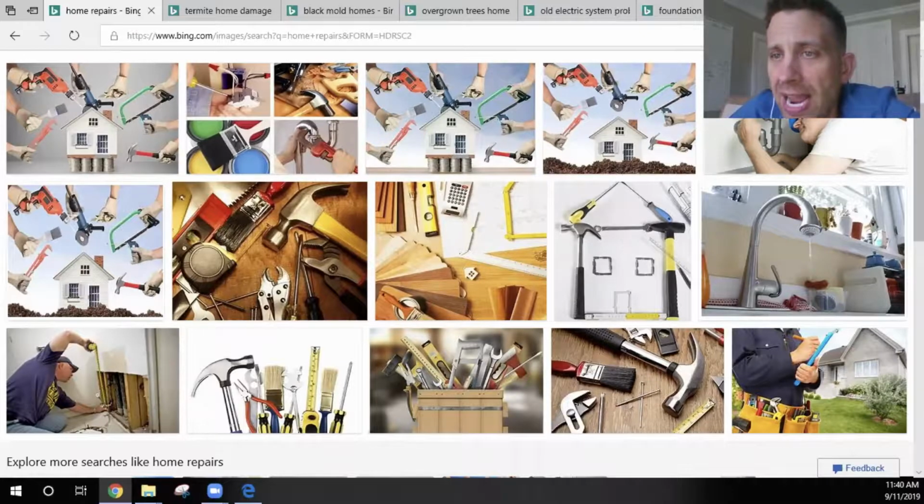This is something we also look for when we buy houses. These are some major things that can sneak up on you, especially when you're fixing up a property or when you're going to keep the property long term. These can cause major, significant damage to your property, which in turn means major money, right? Big capital expenditures cause depreciation of your bank account, and we don't want that to happen. Or if you haven't bought or sold a property in a long time, you just need to make sure that your house isn't at risk, or if you're buying a property, be sure to look out for